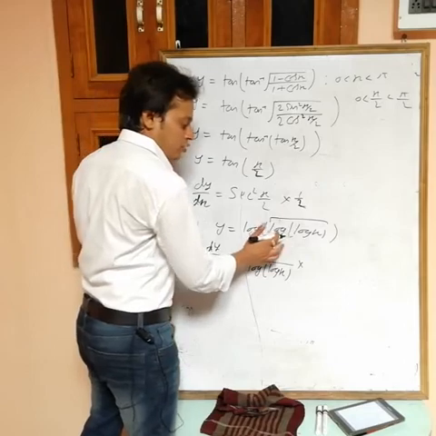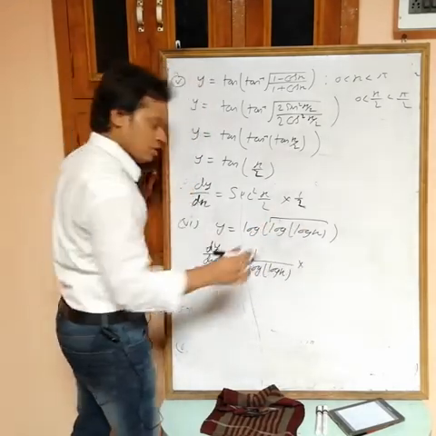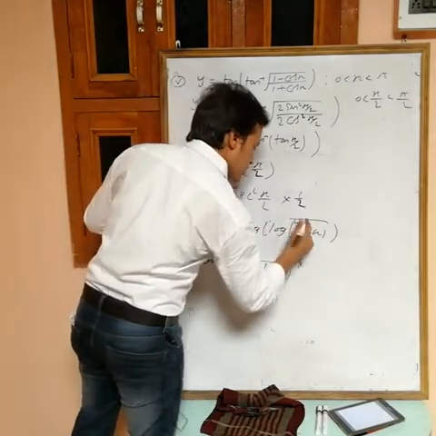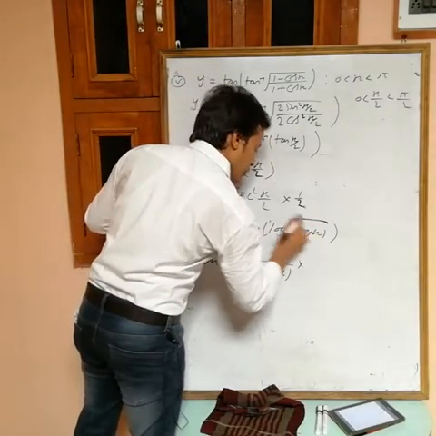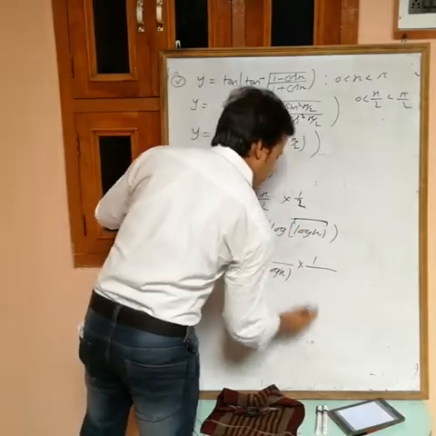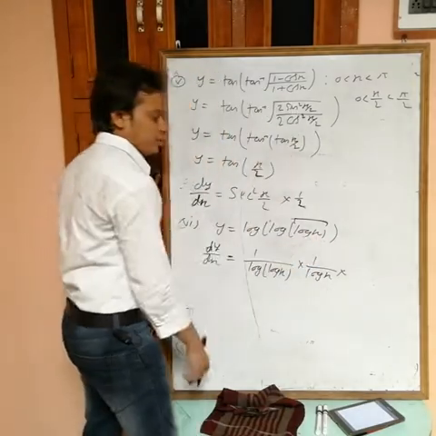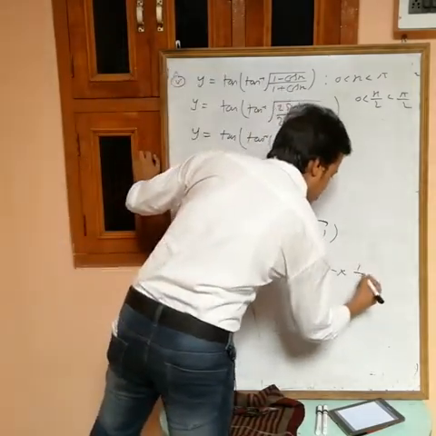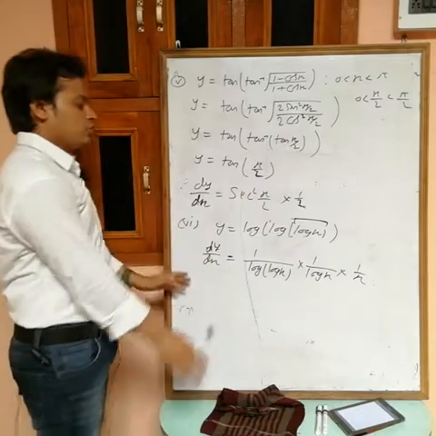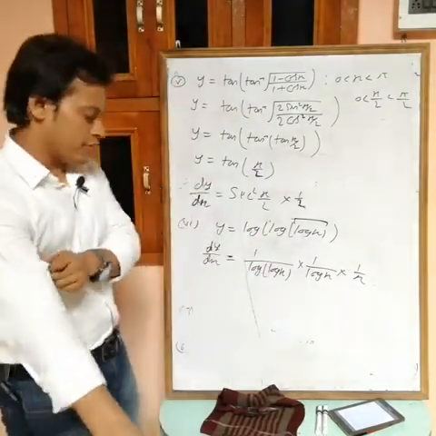Again we don't know the derivative of this directly, but we can differentiate log x. So now assume this one as x. If you assume this one as x, then log x, differentiation of log x is 1 by x, at the place of x, assuming x. Now again differentiate assuming x, the derivative of log x is 1 by x. So this is the complete differentiation of log log log x. Okay, write down.